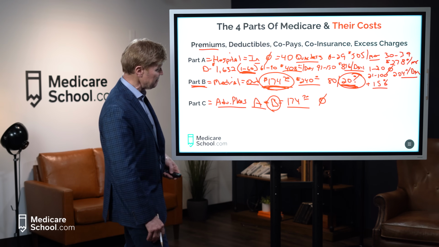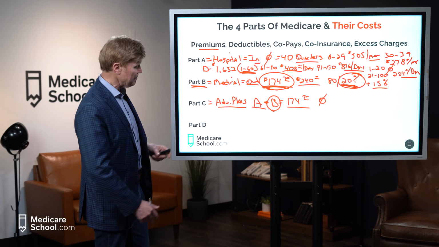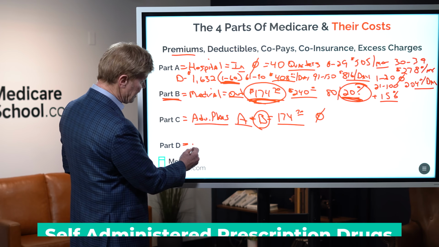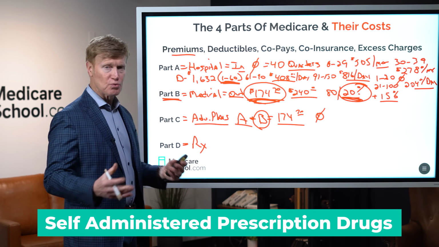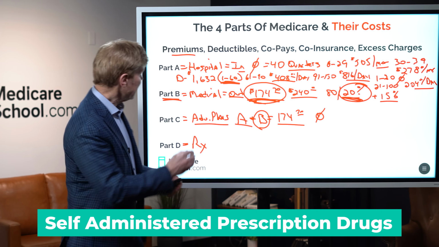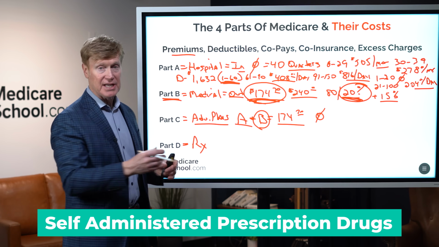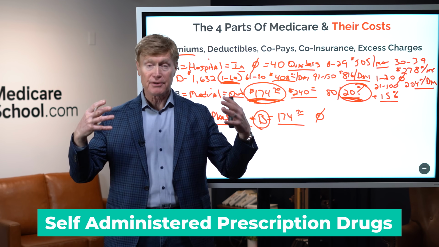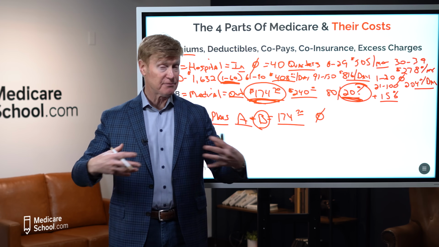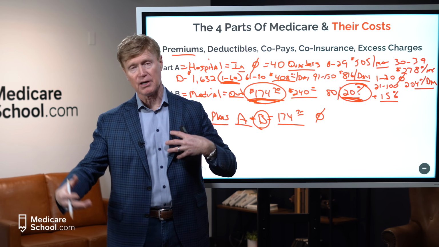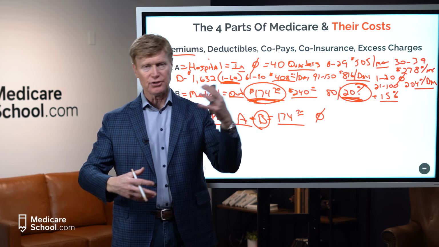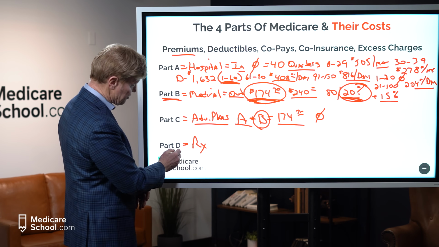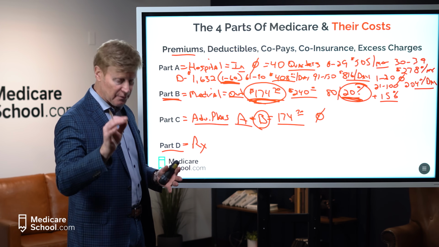All right, then the last part of Medicare is the D plan. Now this is for basically self-administered prescription drugs, because A and B, hospital stays and outpatient situations, will cover medications. Why? Because those are professionally administered meds. But for the meds we administer ourselves, blood pressure, cholesterol meds, insulin, those kinds of things, that's going to be covered through a Part D plan. Now I want to be clear on this.